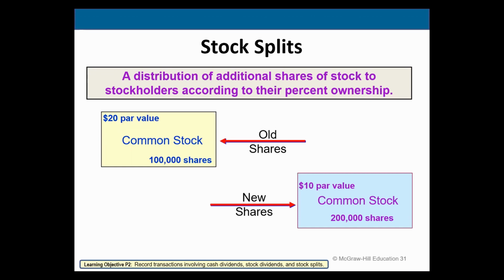So CompTech's 2-for-1 split of its $20 par value stock means that after the split, it's changing its stock account title to common stock at $10 par value instead of saying common stock $20. This stock description on a balance sheet also changes to reflect the additional authorized, issued, and outstanding shares and the new par value. A stock split is the distribution of additional shares of stock to stockholders according to their percentage